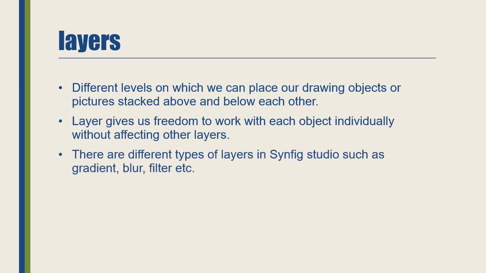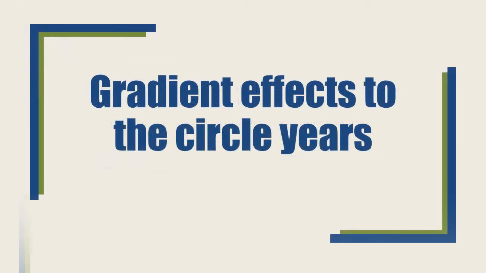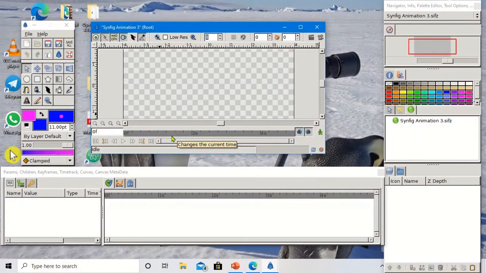There are different types of layers in Synfig Studio, such as gradient, blur, filter, etc. We will see these layers practically. Gradient effects to the circle layers. Let us understand practically how to put the gradient effect on the circle layers and how the layers are working. Okay, now see practically what is a layer, and then we will understand how to put the gradient effect on the